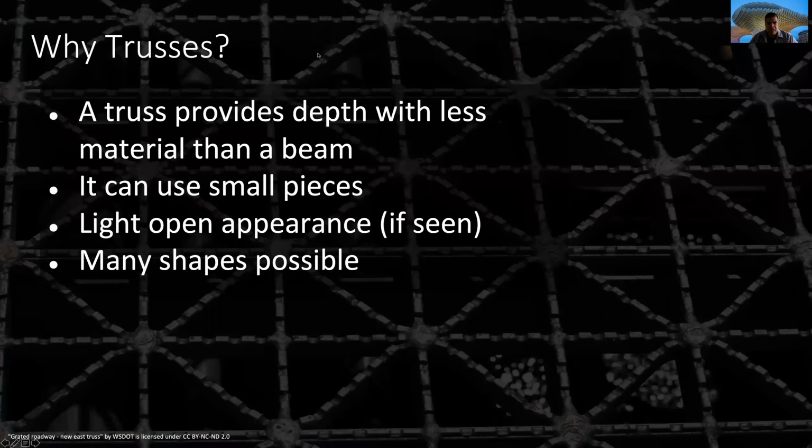When we use trusses, the truss provides depth with less material. When you have a beam, you have a lot of material in the whole element. Instead, in the truss, you have less material in the areas that you don't need it. You can use small pieces, it's light and open, and there are many shapes that are possible. As you know, the best section of a beam that we can have usually is a section like an I-beam